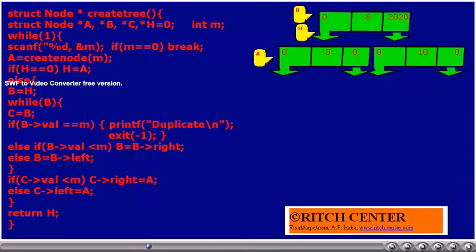Initially h value is assigned to b, then the while loop is executed. While b is true, control goes into the while loop. C will be made a pointer to the node pointed by the pointer variable b, that is the root node.